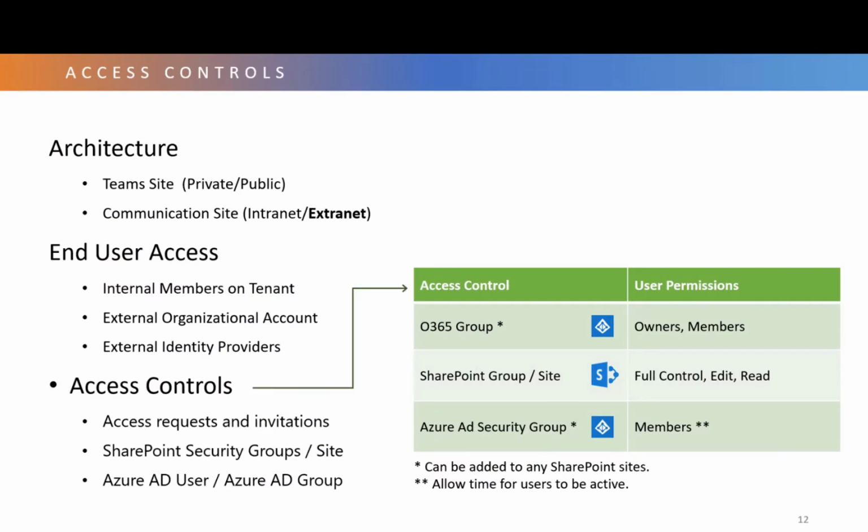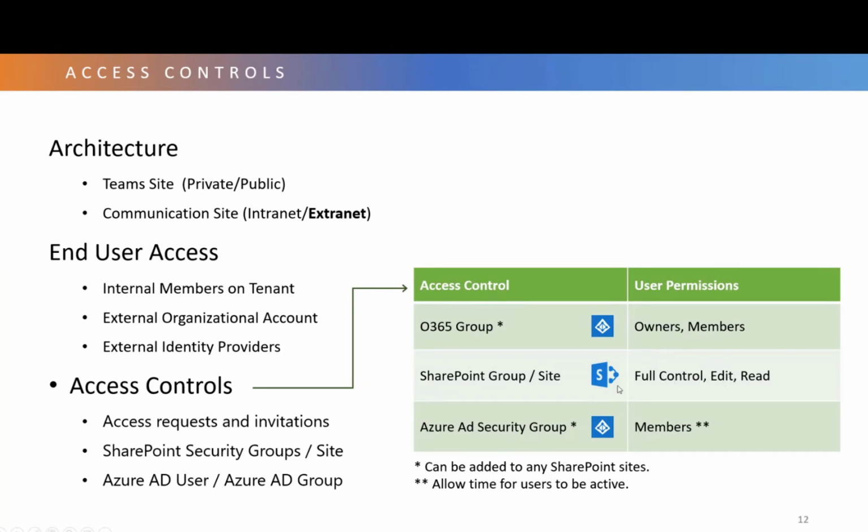Typically, the way you give a user access to a SharePoint repository or a site is, if it's a team site, through an Office 365 group. On the Office 365 group, it doesn't matter if they're an owner or a member, both owners and members have access to the site. It's just that the owners have more privilege than members. You can add users through a SharePoint group. So you can either add the user into a SharePoint group or right at the SharePoint site level. These users would have full edit or read